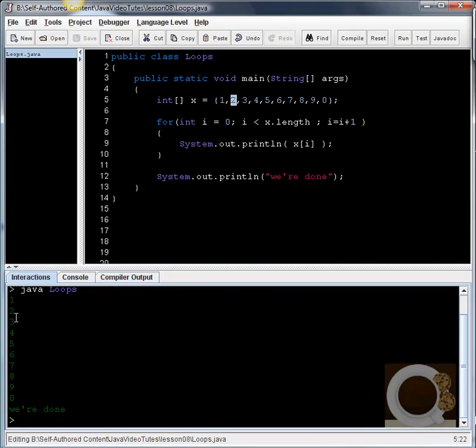It printed out 1, 2, 3, 4, 5, 6, 7, 8, 9, 0. It printed out all the elements of this array. So let's change this up a little bit, say I++,